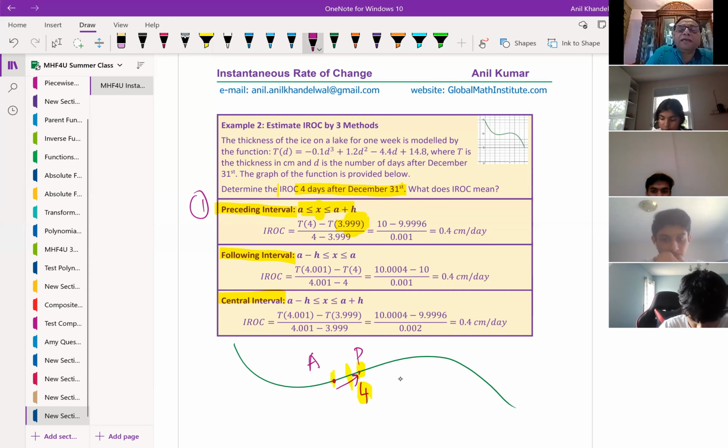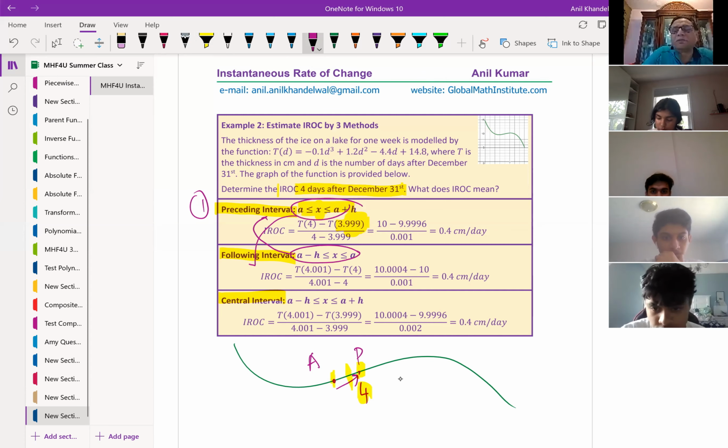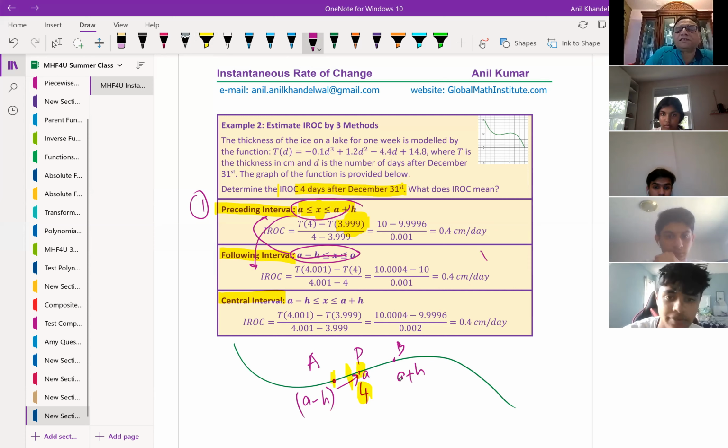So if A is my point, this point is A minus h, right? So this should have been on the top. Is that clear? This should have been on top, and that should come here. You get my idea, right? So if this is A, then this is A minus h. Is that clear? And the following will be B, which will be A plus h, correct? So in the case of following, we'll have